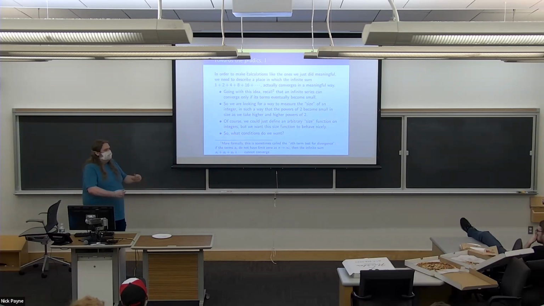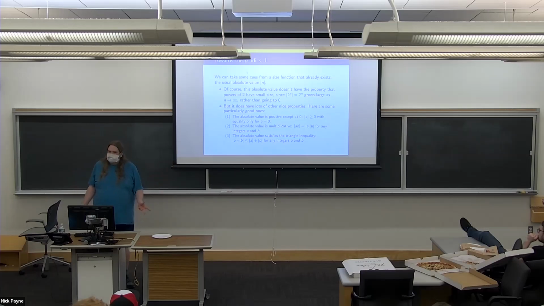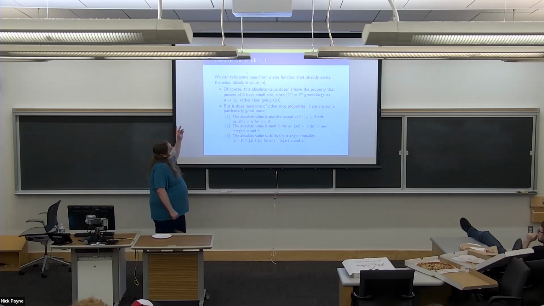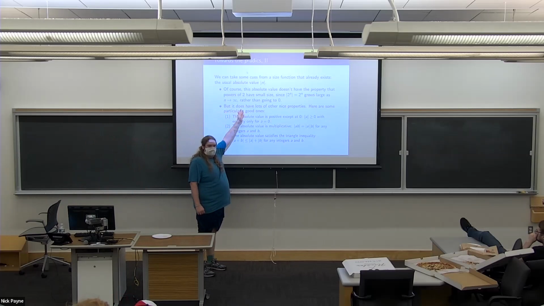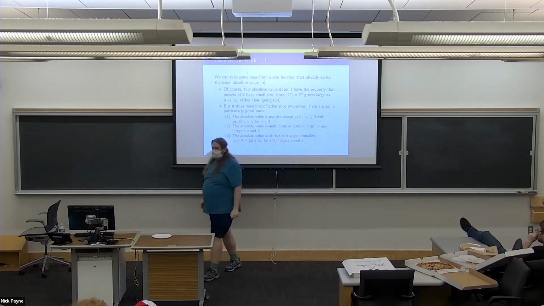The whole point is that I'm trying to develop some kind of theory that actually makes sense and is consistent in some way. So what kind of properties do I want on my size function? Well, let me give you a size function on integers that already exists: the absolute value. This one is probably pretty familiar to you. If you're not super happy with absolute values of integers, then just think about absolute values of real numbers instead, or rational numbers, or whatever. Of course, the whole point of this discussion is that it does not have the property that if I apply my function to 2 to the n, that gets small, because those numbers get big.